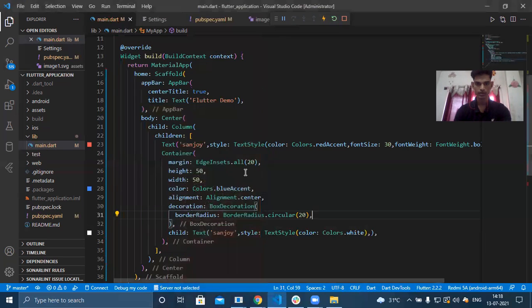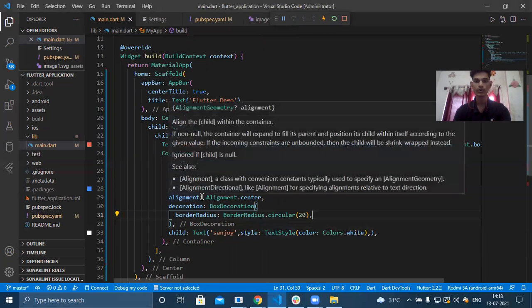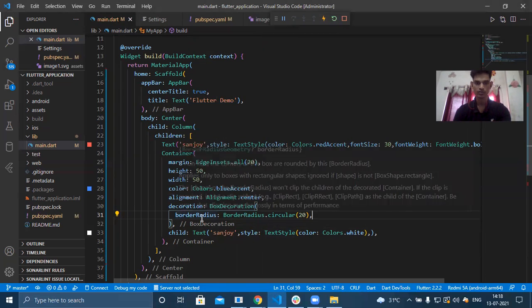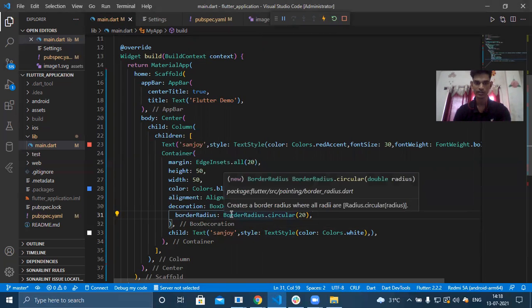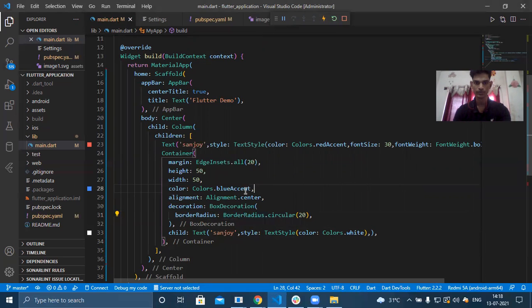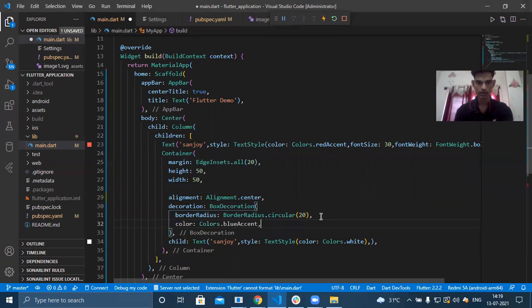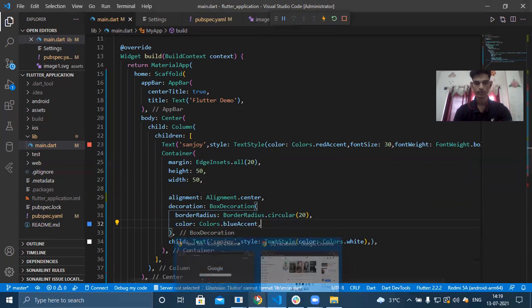Okay, it's showing an error that we have used color here. Inside this decoration there is an attribute called color. If we use color here as well, this will conflict. So I'm going to remove the color from here and use color inside the decoration.